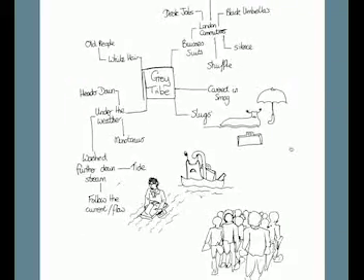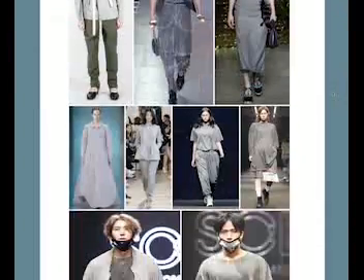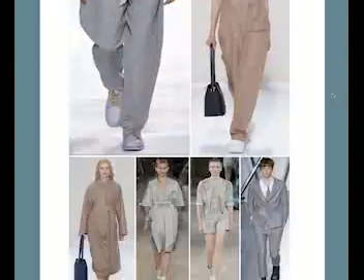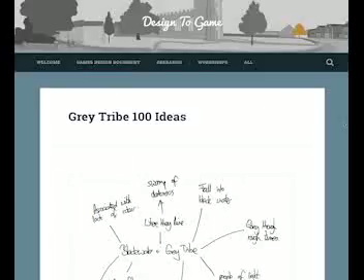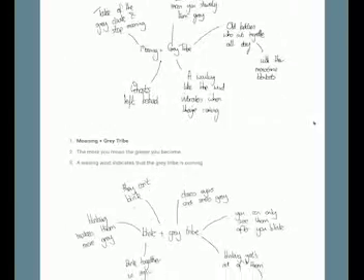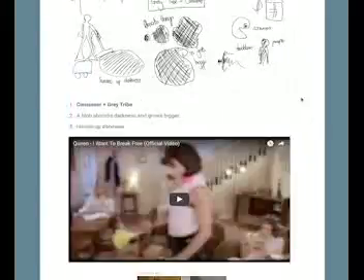My favourite one was the Grey Tribe, which I then used throughout the rest of my work as the core inspiration for it. Starting with the Grey Tribe, I looked through Vogue and all the grey outfits, just quickly getting into what the Grey Tribe could be. I then spent a lot of time thinking up more ideas of what the Grey Tribe could do, what the mechanics of the game could be, and how to really develop the idea further.